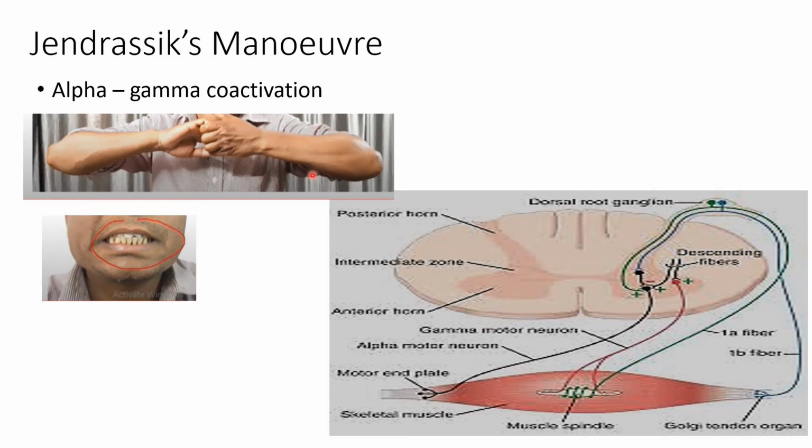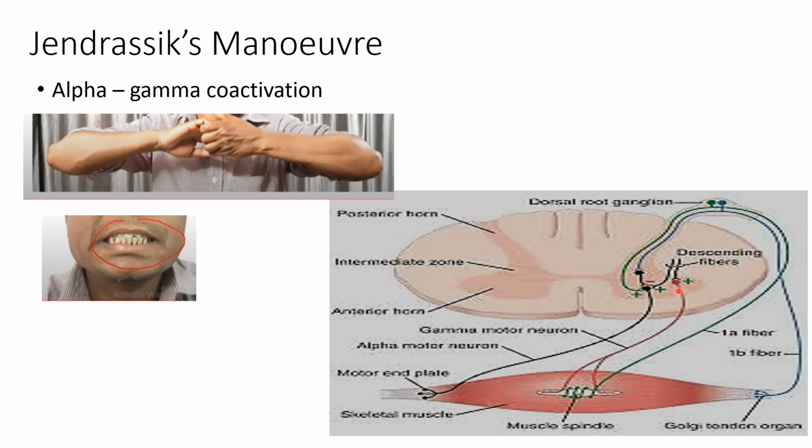Because when we do this maneuver, there is basically supraspinal stimulation, which in turn stimulates the gamma motor neuron, as you can see here, the descending fibers from the cortex. Okay, so these are stimulated, which leads to stimulation of these gamma motor neurons. And whenever gamma motor neurons are stimulated, they stretch the muscle spindle and hence in turn stimulate the sensory fibers, the afferent fibers of the muscle spindle, the 1A fibers and type 2 fibers. They synapse on the alpha motor neuron and hence lead to contraction of extrafusal fibers, right? That's how muscle contraction occurs in our body.